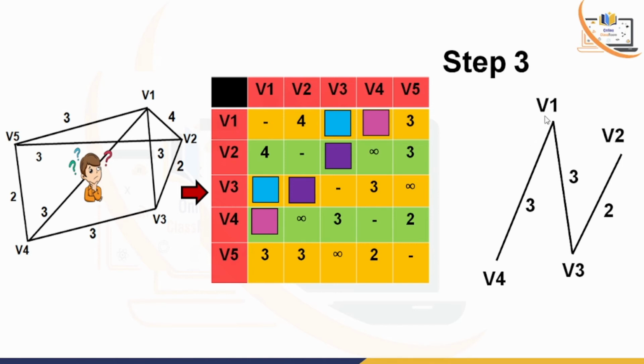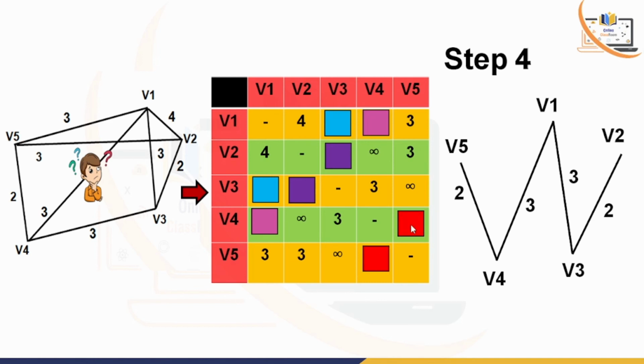And in the next phase, obviously, we will discard that particular 3. Now observe the figure again. Here V1, V2, V3, V4, 4 vertices are connected to each other. So we have to observe all these 4 rows, and we observe that the minimum element is 2. So we collect that 2, and that 2 actually connects V4 versus V5. So in the next step, that means step 4, we will join V4 versus V5, corresponding weight will be 2. And obviously we will discard that particular 2.